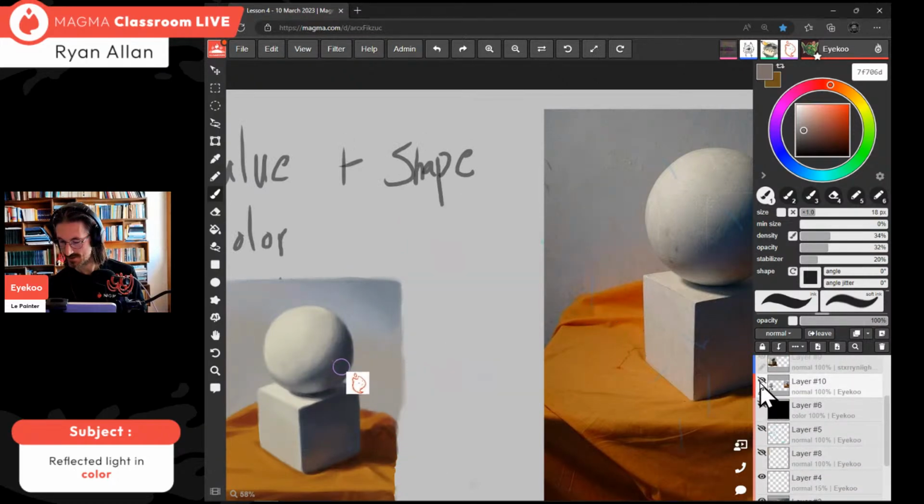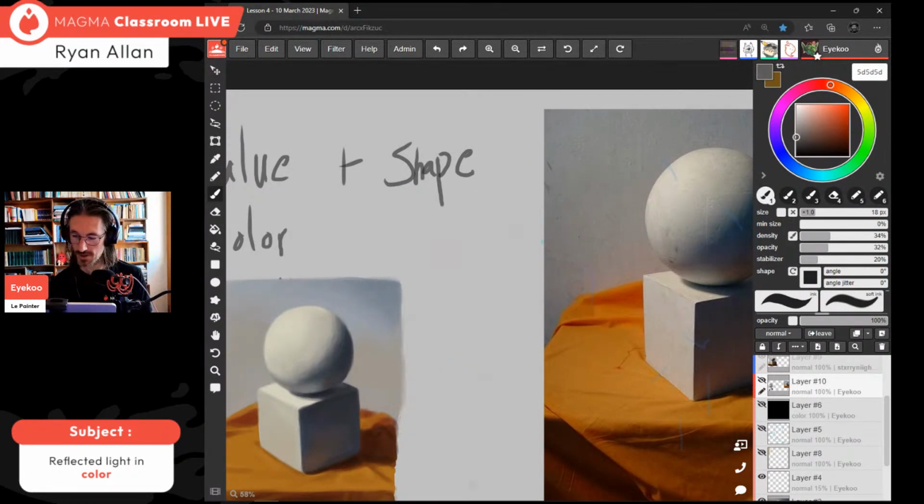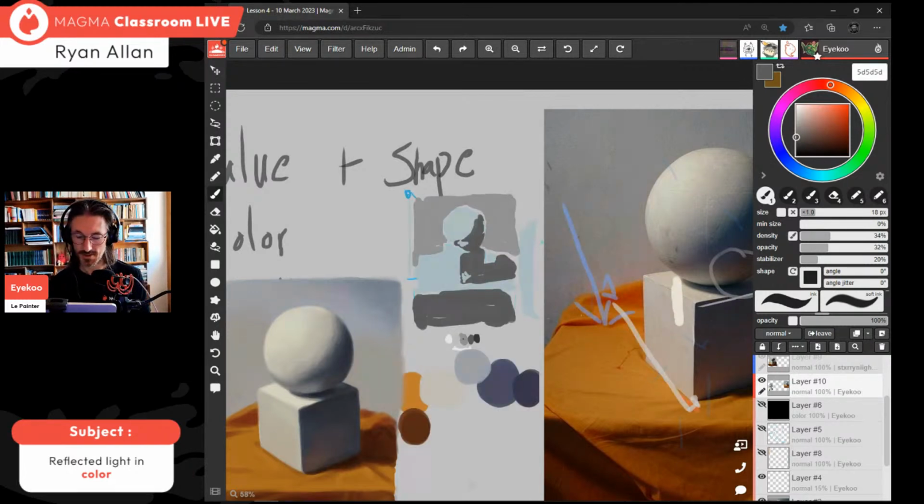It's this one. Yes. Well, here I just simplified the forms. We've got a whole sphere here, but then I just simplified the shadow to being obviously consistent with the light source, but just this kind of half moon